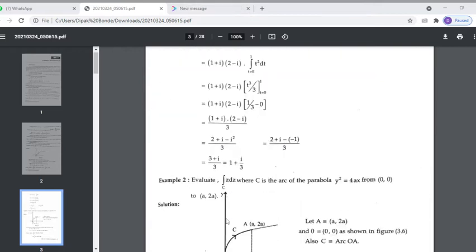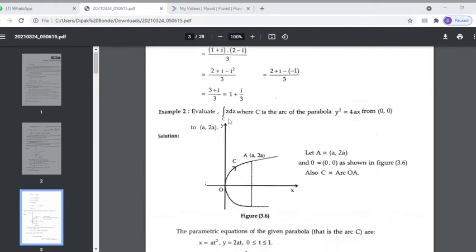This is our integration. Take the multiplication of 1 plus I into 2 minus I. That is 2 plus I minus I square. I square is minus 1, so minus minus plus 1. So (3 plus I) upon 3. This is the answer. Now the second one, evaluate the integration over C of z dz, where C is the arc of